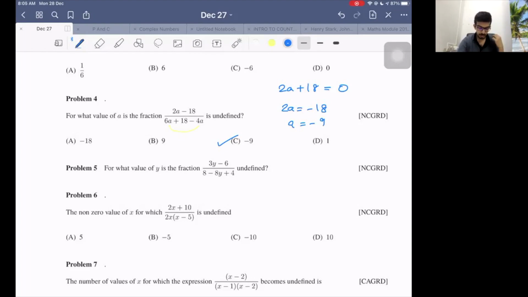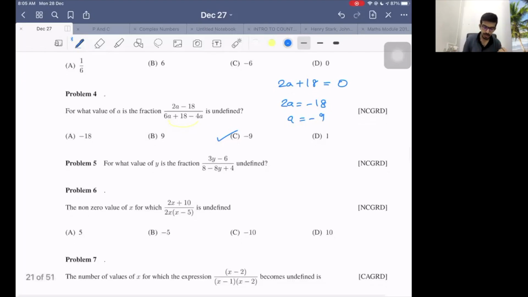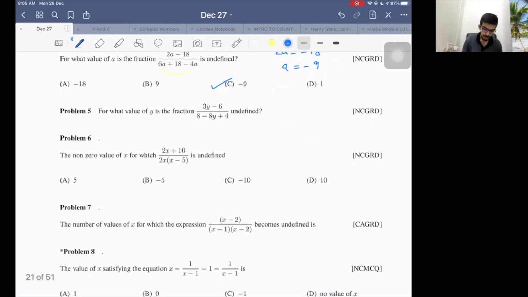Shall we go to the next question? If you're stuck at some point, please do let me know, okay? I assume these are easy questions. For what values of y is the fraction (3y - 6) divided by (8 - 8y